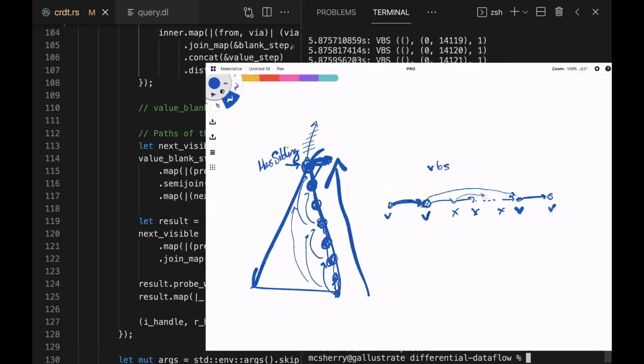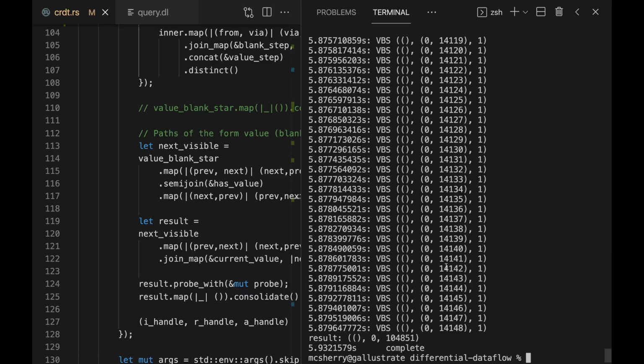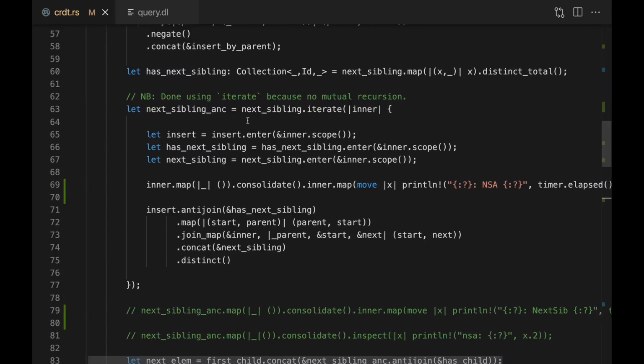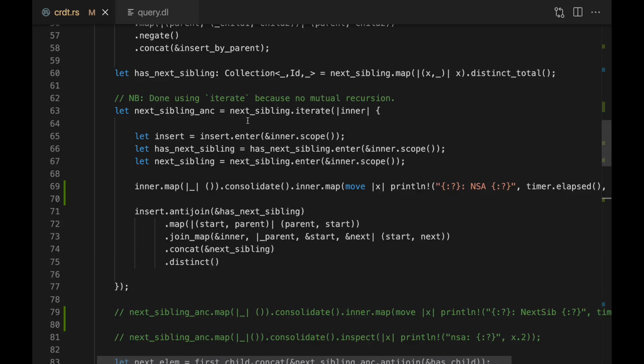All right, so I haven't tried to write this yet, so I'm going to try that now, and we'll see what happens. But I thought we might start, since we've talked about it quite a bit, with this has sibling stuff, this next sibling ancestor logic over here. And we have to be a little careful because we're trying to do something that's a little bit sneaky, and it's easy to accidentally screw this up and potentially compute far more results than you actually want. So, for example, although we're starting with